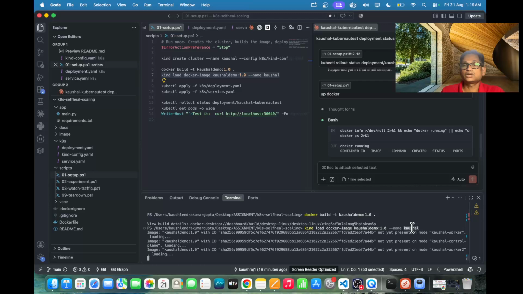The name of the cluster is Kaushal, so it will create it inside this Kaushal cluster. So our image is going to be loaded inside the Kaushal cluster. After that, I am going to apply the